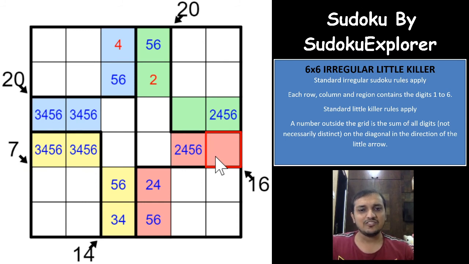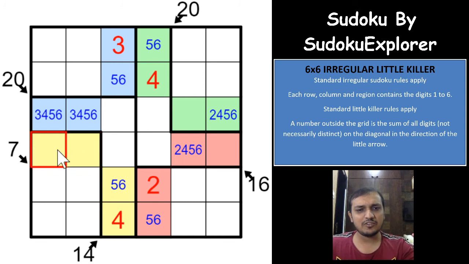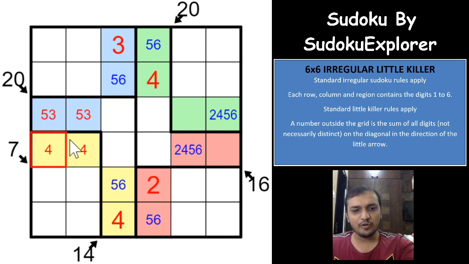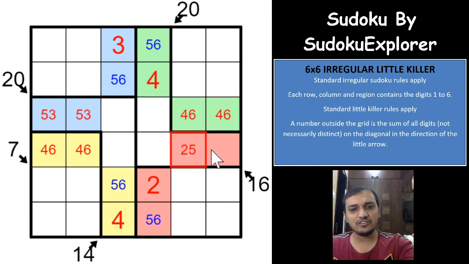And with that, we directly deduce that the blue cell will have a 3 here, and that gives you a 4 here, that gives you a 2 here and a 4 here, right? And if the yellow cell is having a 4, which means that one of these yellow cells will have a 4, that means the opposite cell will have a 5 and 3 and 4 and 6. That leads to 4 and 6 in one of the green cells, 2 and 5 in one of the red cells, which means that this cell would have to be a 5 now, because you have a 2 and 5, right? So this cell would have to be a 5.